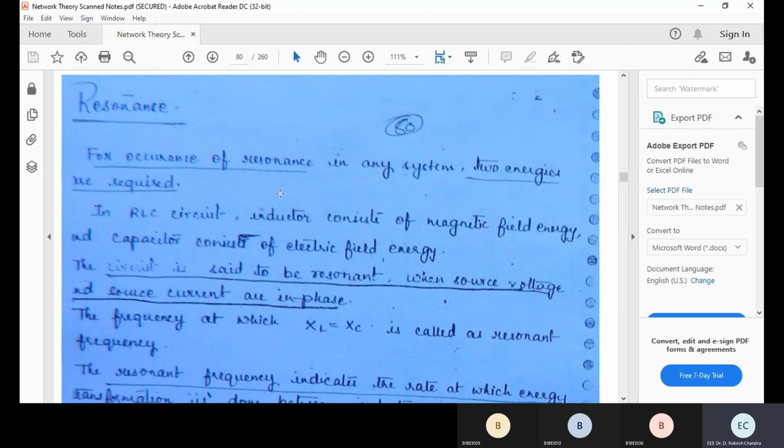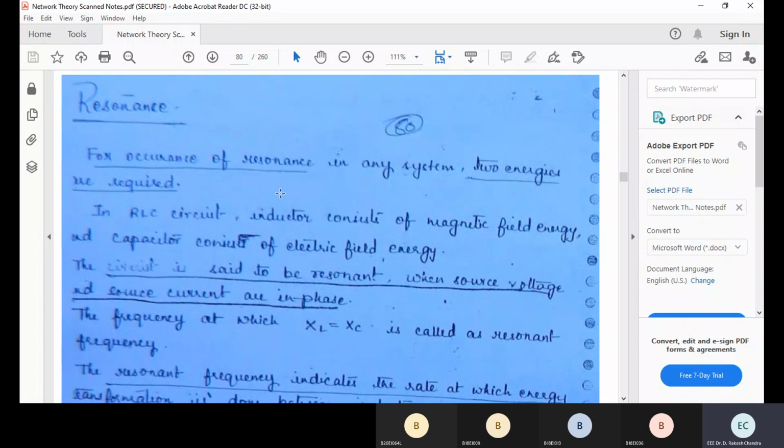Long back, in my childhood days, radios were used. If we change, there is some disturbance, complete disturbance, and slowly some voice, then at one particular time, a complete clear voice. So how does it change? Because if you change the frequency, at one particular frequency the signal gets tuned. At that particular resonant frequency, you get the maximum amplitude of signal strength. So that is nothing but resonance. This is electrical resonance.